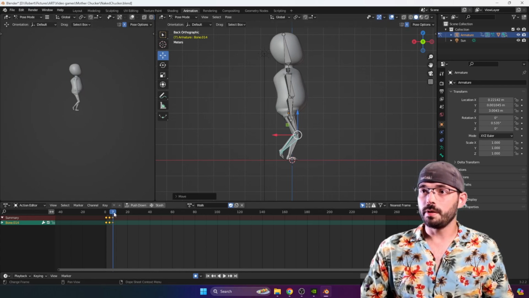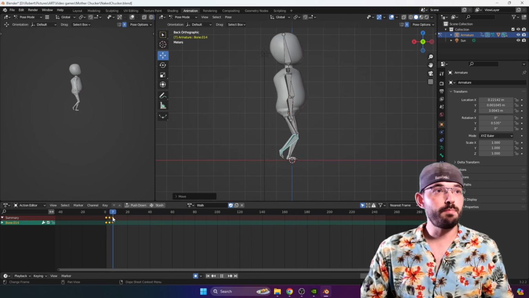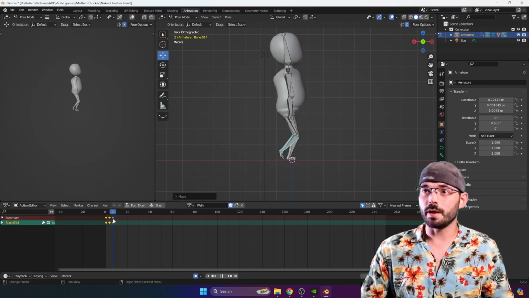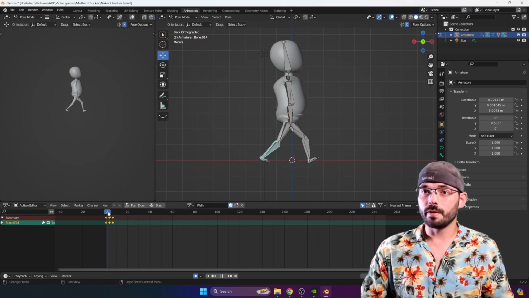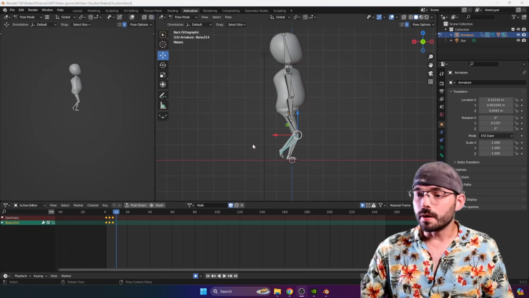Now hopefully we're getting a little bit more walking. He's gonna start river dancing soon. Alright, so we went from 1 to 4, 5, 6, 7, 8, 9, 10. So now we're gonna go to the 10th frame here. So on 10,